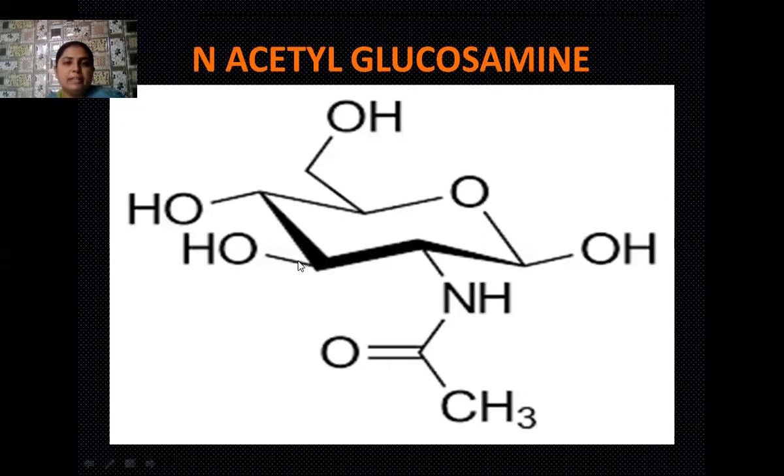Okay, students, here you can see the structure of the complex carbohydrate or polysaccharide, N-acetyl glucosamine. A heterocyclic ring is present, having many side branches containing OH groups, and one oxygen atom is there in the ring beside the carbon atoms. As a subsequent group, an NH2 group is there, and by substitution of one hydrogen of this NH group with the acetyl group, its name is N-acetyl glucosamine.